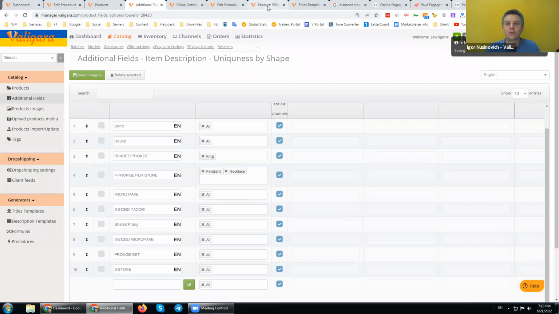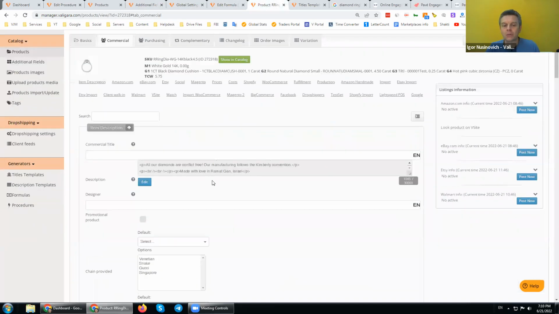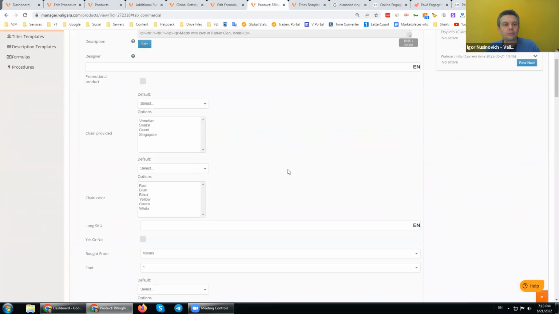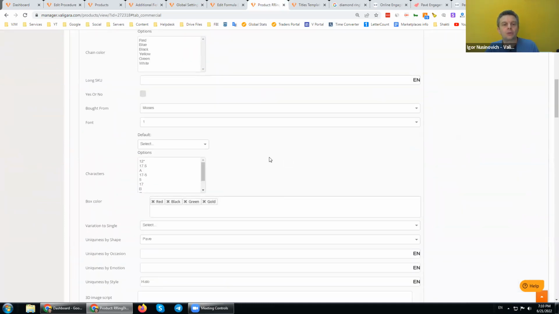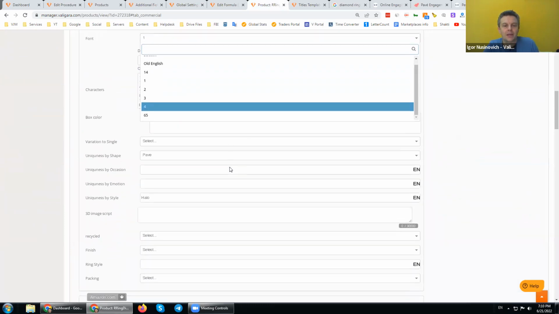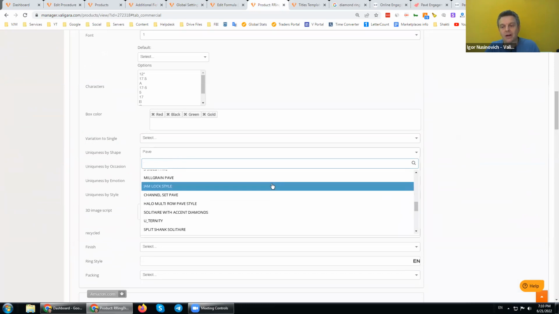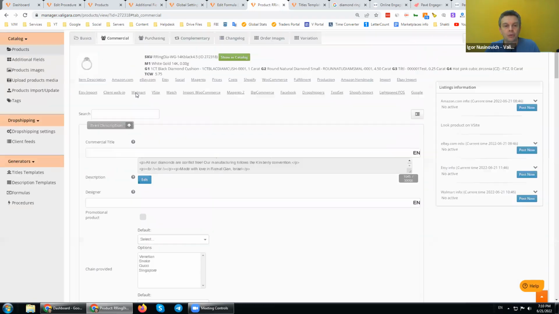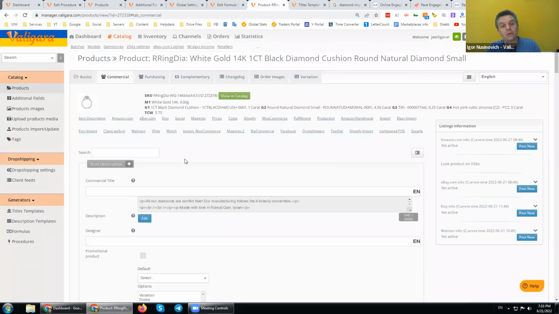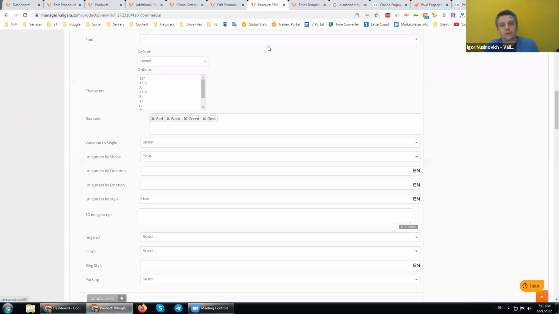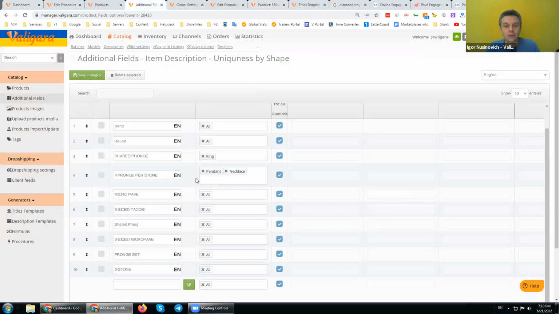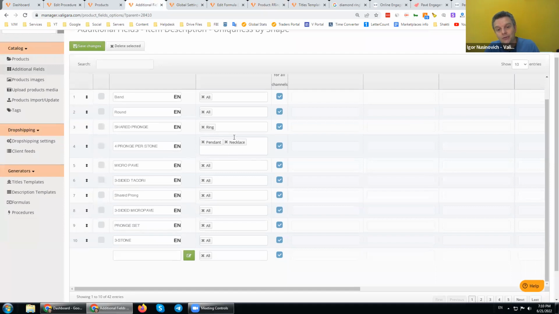Because then when I look at my product, when I look at my drop-down boxes, they will not be that long. They will not be mindless, irrelevant. I will only see relevant values. If I'm now in a product of type ring, I will see only what I assigned to the ring, according to my additional field.